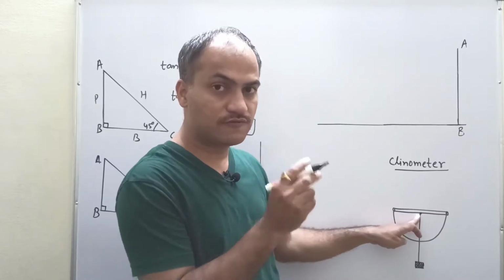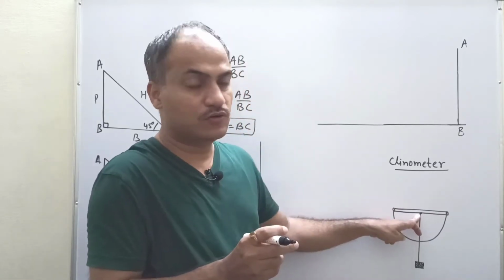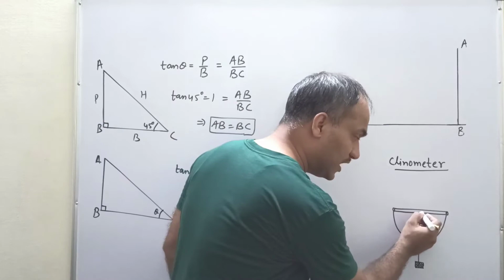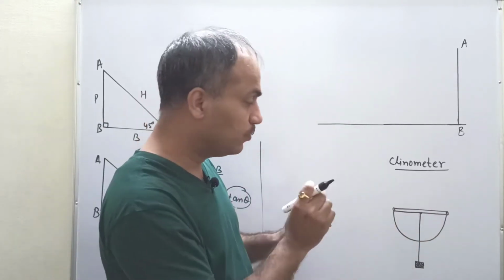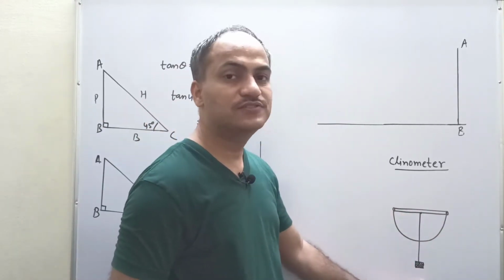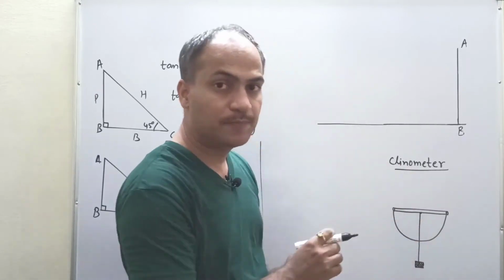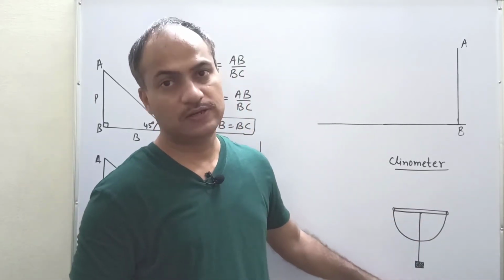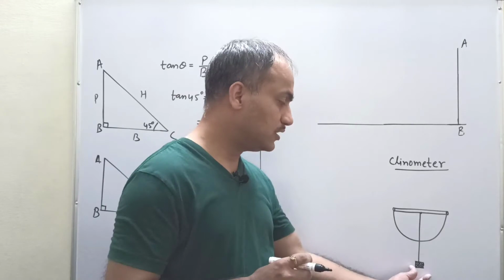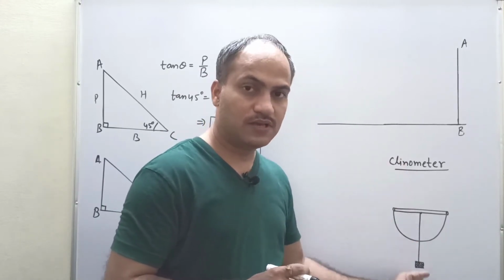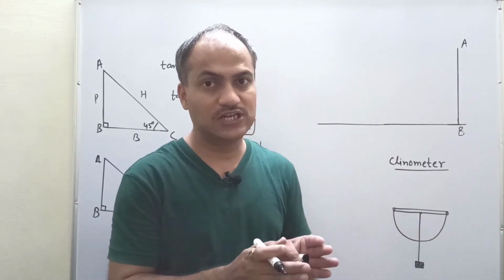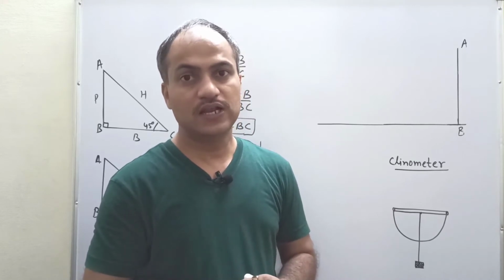One hole is there from where the angle are measured. Okay, all angle are measured from that point only. Okay, in that hole only you have to fix one thread, and with the thread you have to fix one weight. Okay, छोटा सा weight आपको attach करना है so that thread remains straight. क्योंकि थ्रेड अगर स्ट्रेट नहीं होगा then you cannot measure angle properly.